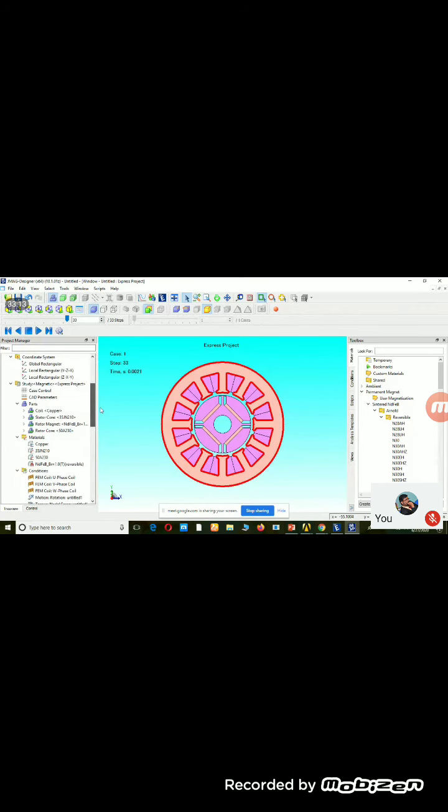Now if you go for the Designer, right? So what are the parts? Coming to the parts of the motor, it is coil, stator core, rotor magnet or rotor core. So whatever material we assigned there, the same material will be imported here itself. There is no need to import some other material. Suppose you want to change anything,